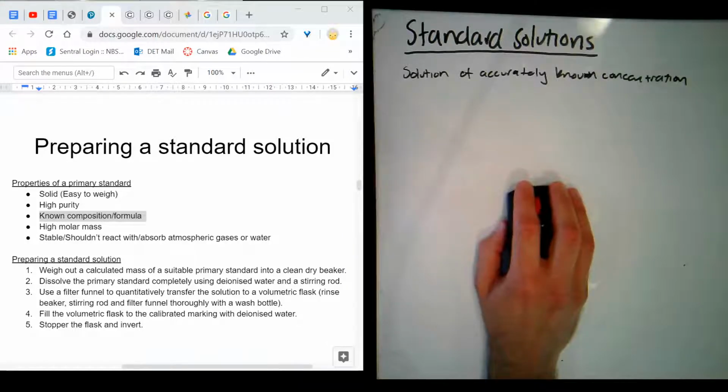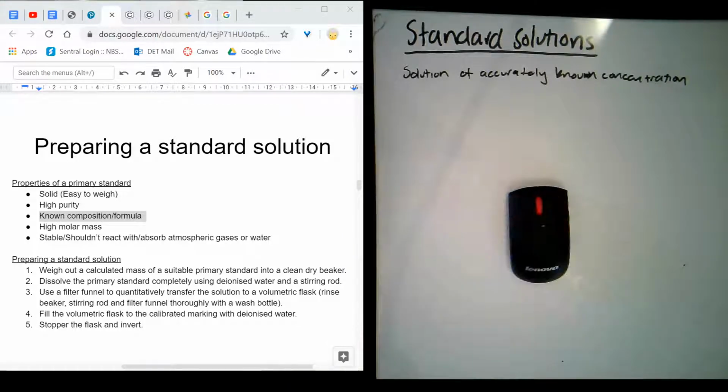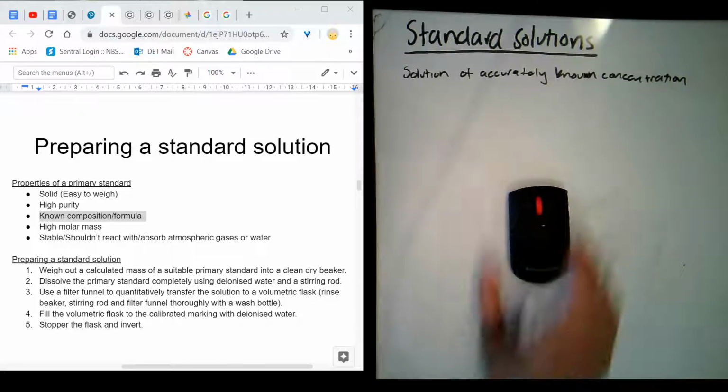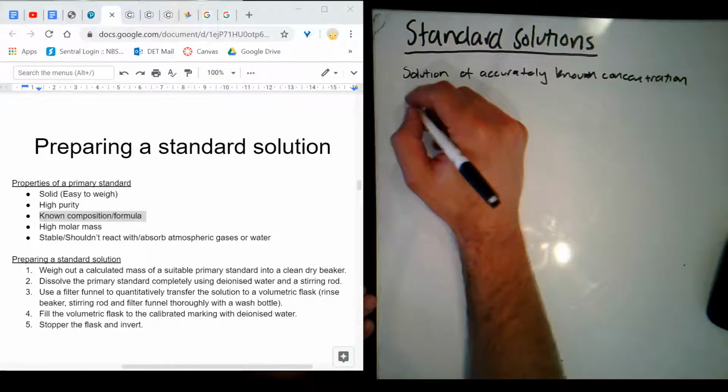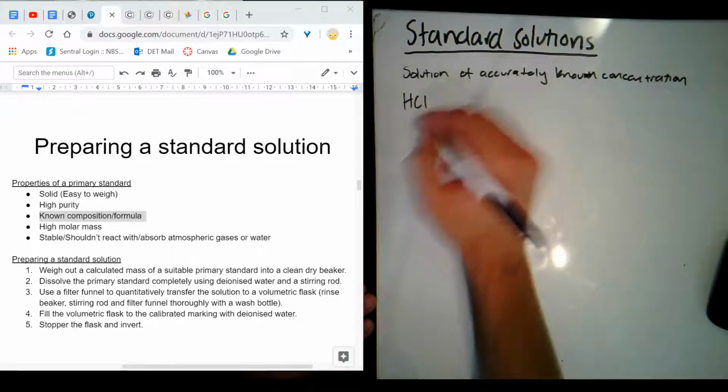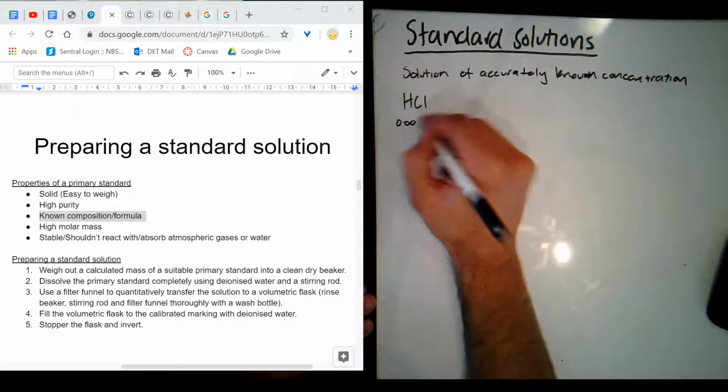Hi guys, what I want to talk to you today about is standard solutions. A standard solution is a solution of a really accurately known concentration, and we often use these for analysis. I'll give you just a really quick example of this. I'm not going to go into it too much, but say we have a